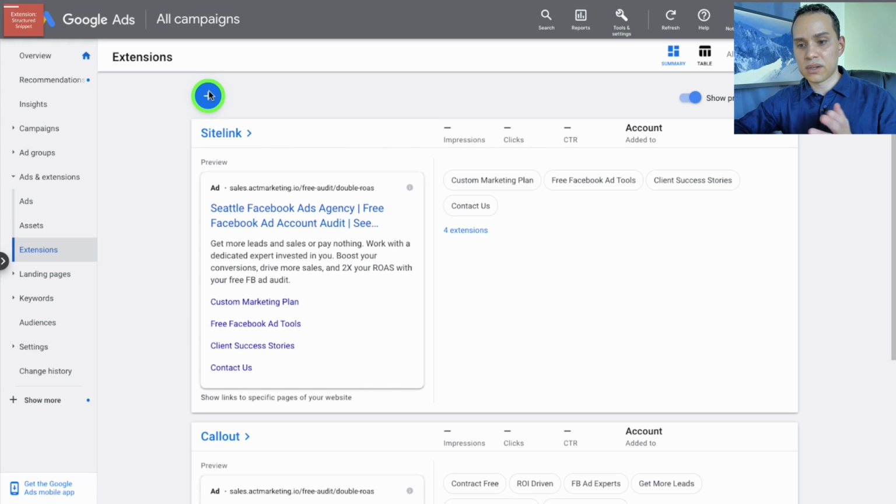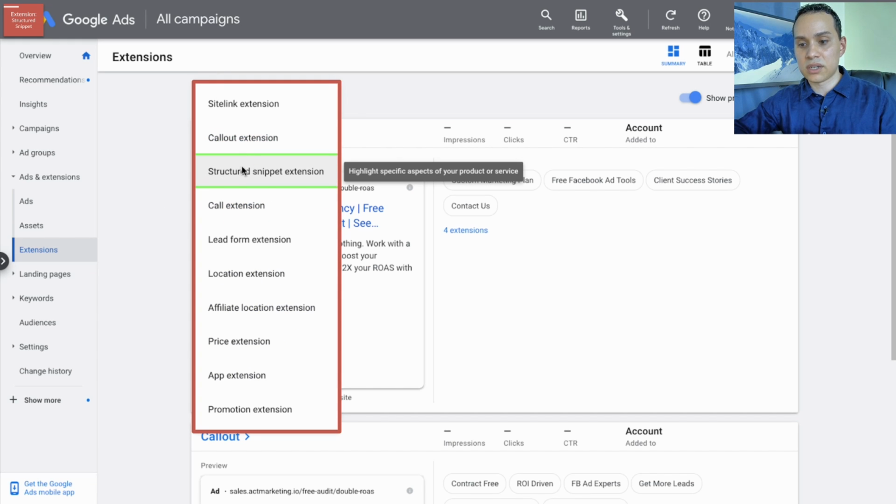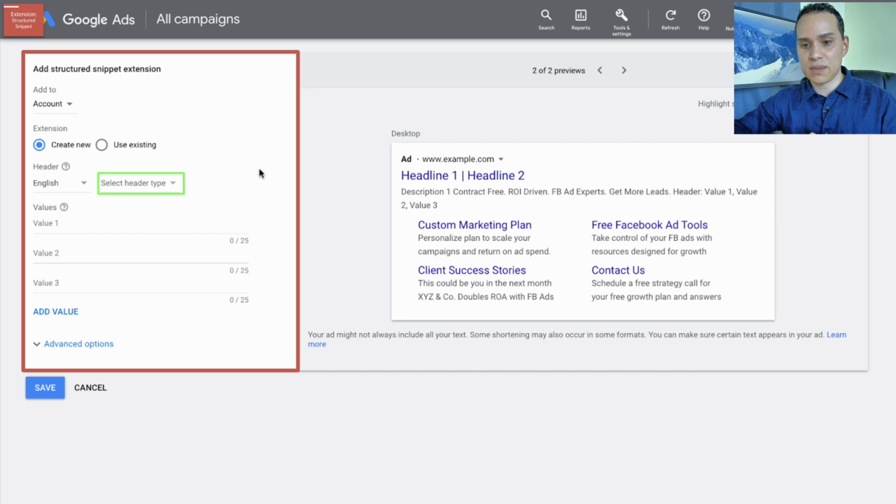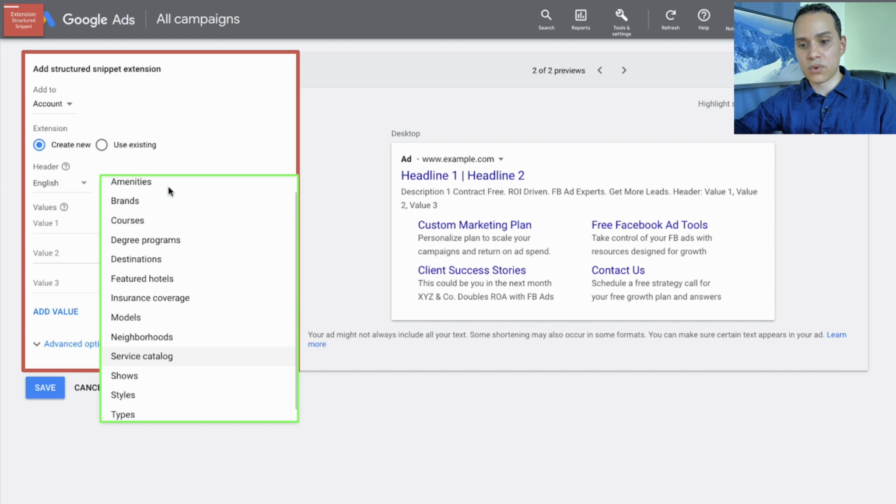So we'll go back up here, click the blue plus button, and then click on structured snippets. So I'm going through the ones that, irrespective of your type of business, you should definitely be using. Once we click on structured snippet here, I'll go ahead and skip the account setup. You can do account, campaign, ad group, just like everything else. And here you're going to select a header. Essentially, this is allowing you to give more information about your specific